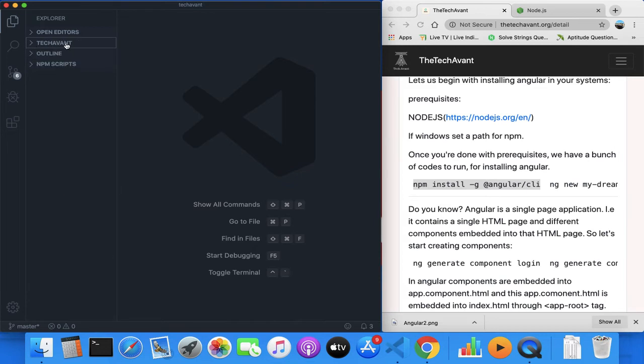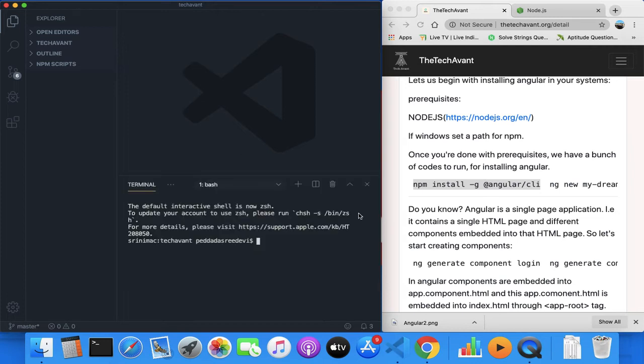I have just created a Tech Event folder. In that I'm going to run the Angular app. Just copy paste this code here in the terminal, and then your Angular CLI will be installed.